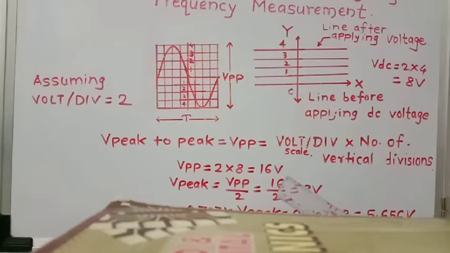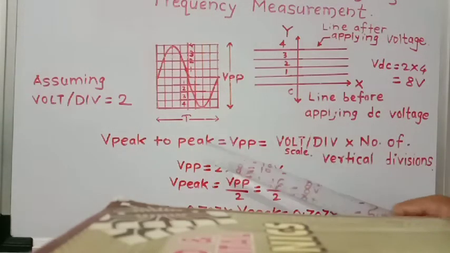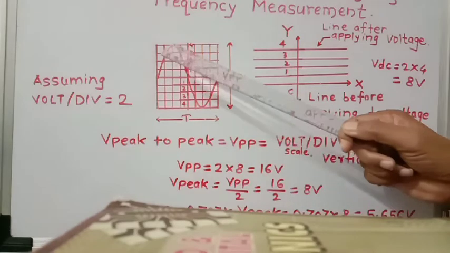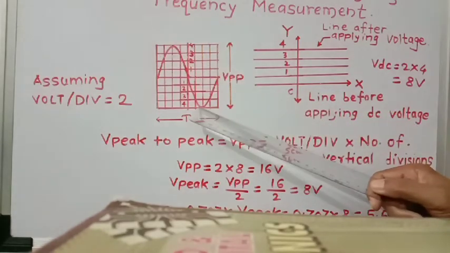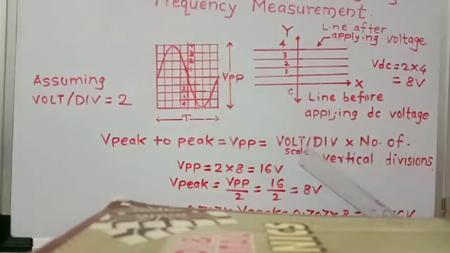Then we measure the peak to peak voltage. We measure first the peak to peak voltage. So how to measure the peak to peak voltage? That is from this peak point to this peak point. How to measure the peak to peak AC voltage? So